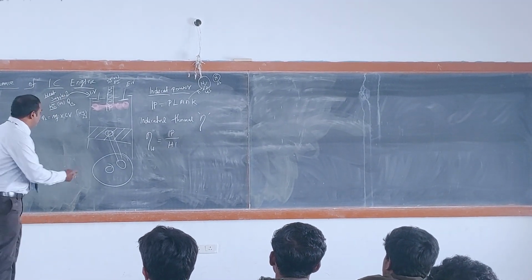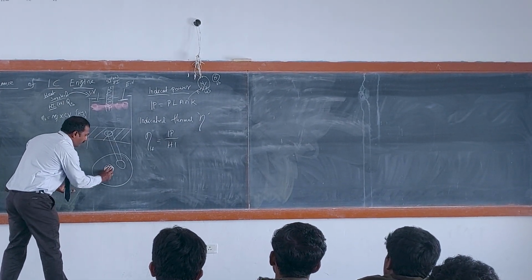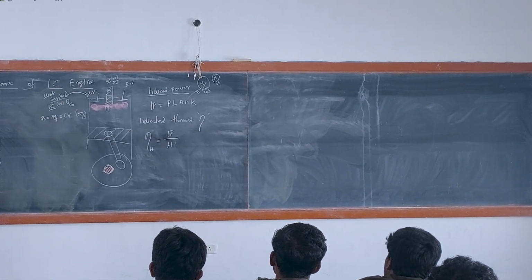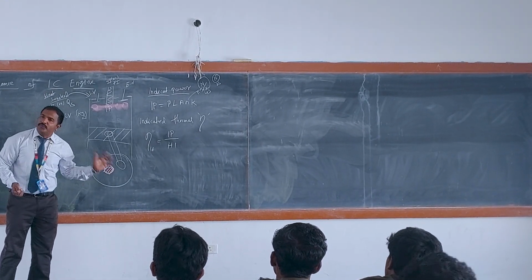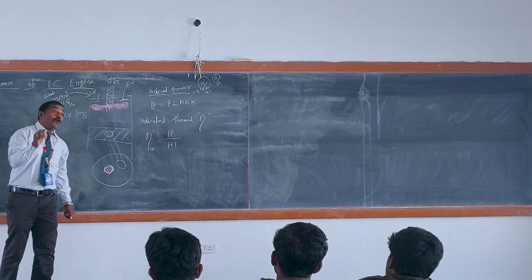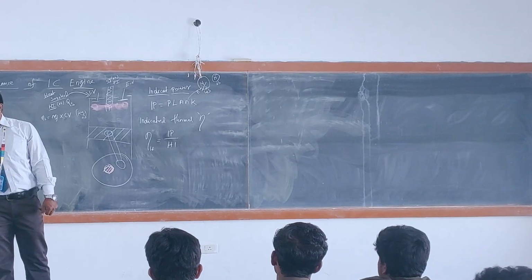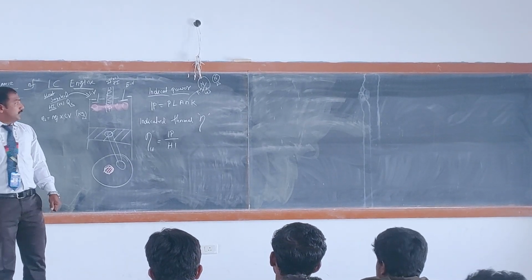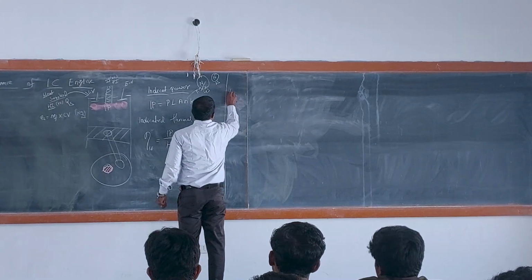Correct? So here we get the power. When the gas pushes the piston, the crankshaft will rotate. It will be shaft power. That power is called brake power, the output power of the engine. So now we see the brake power. For example,